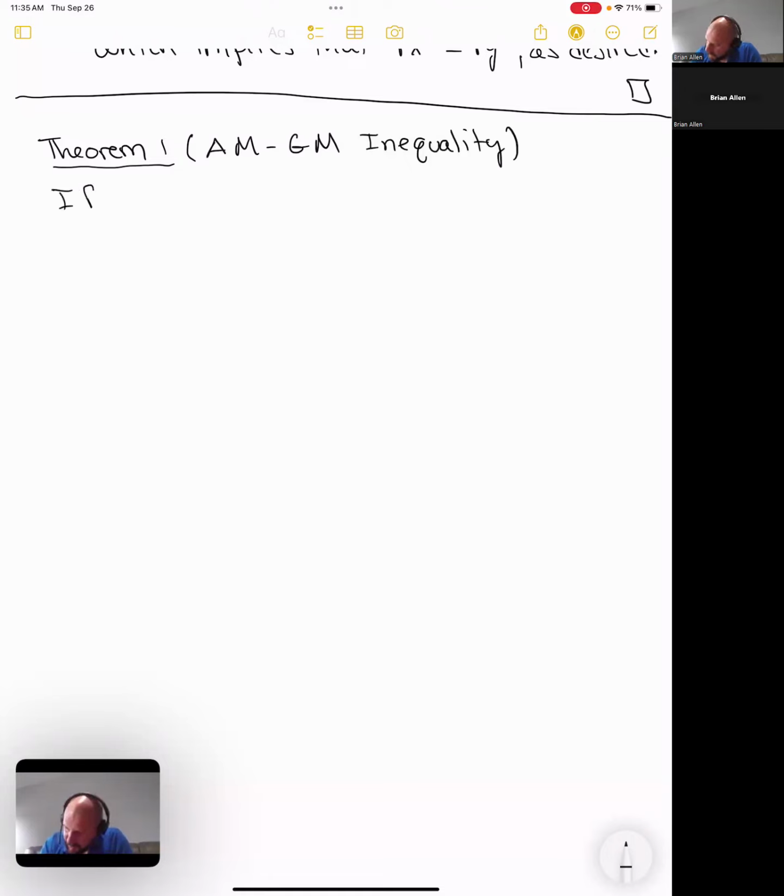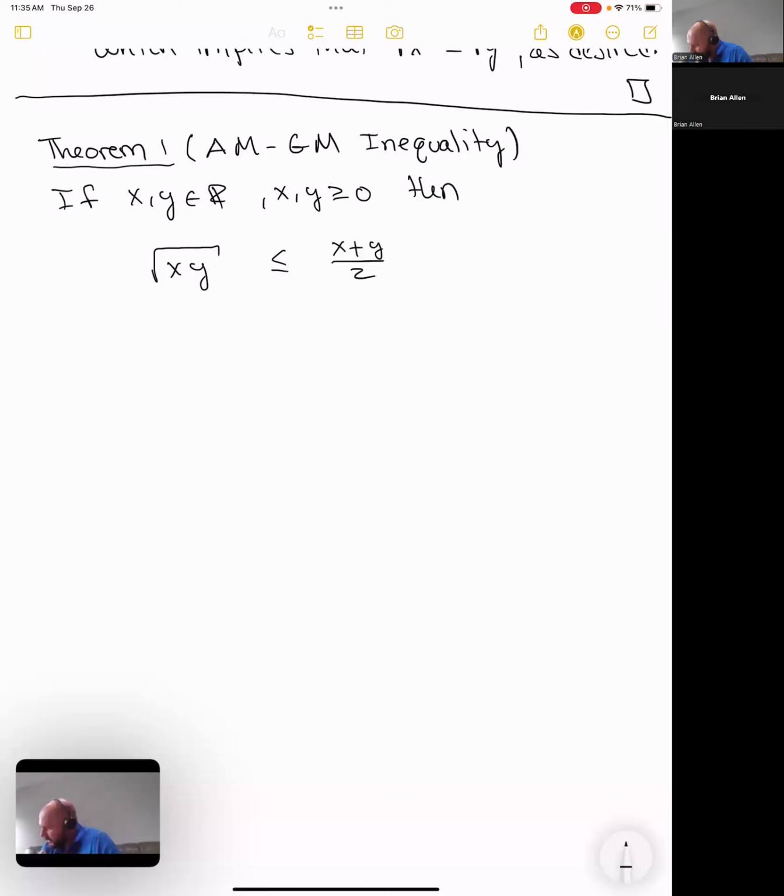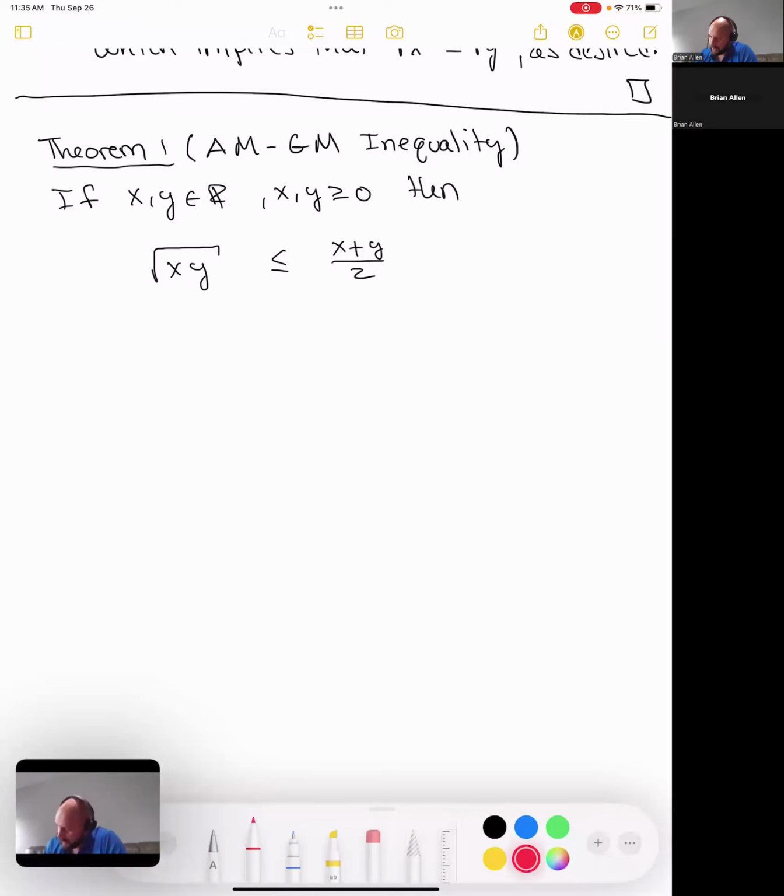If x and y are real numbers, again, they need to be positive because we're going to take square roots. Then the inequality is as follows. If you take the square root of the product of x and y, that will always be less than or equal to the sum of x and y divided by 2,